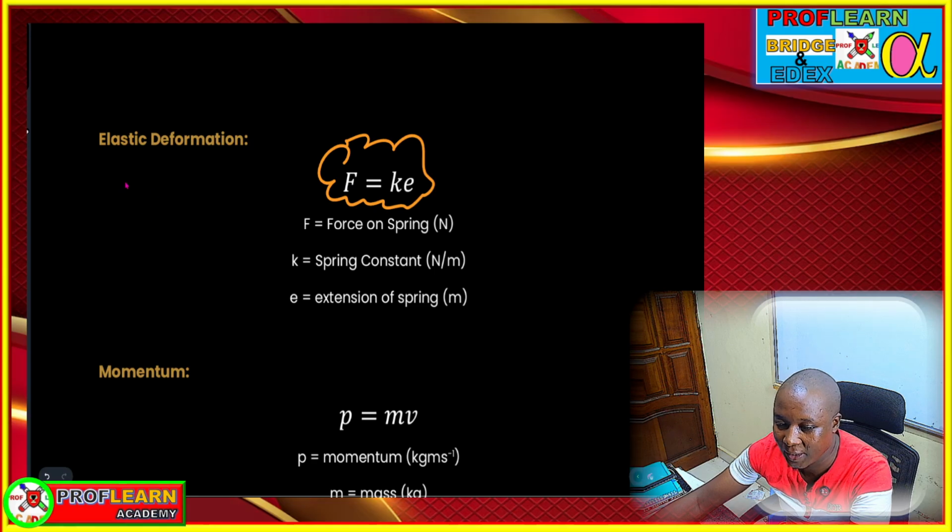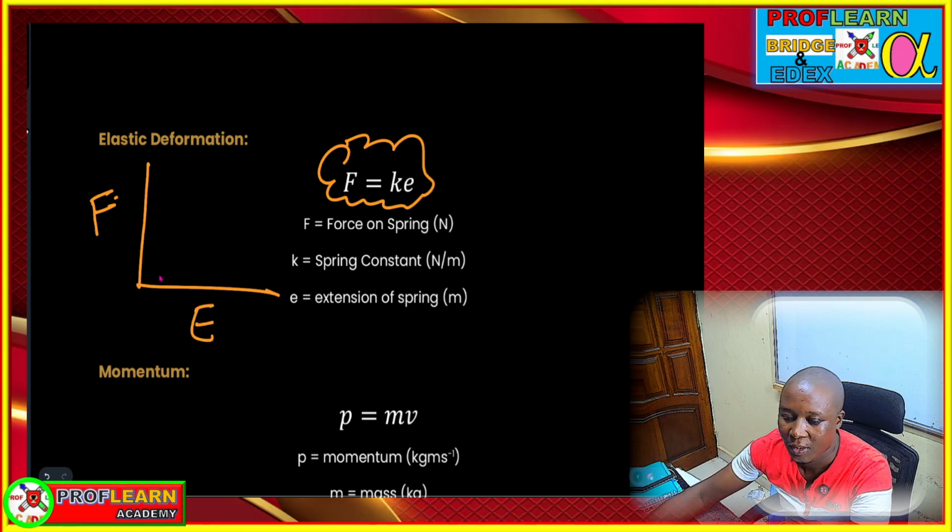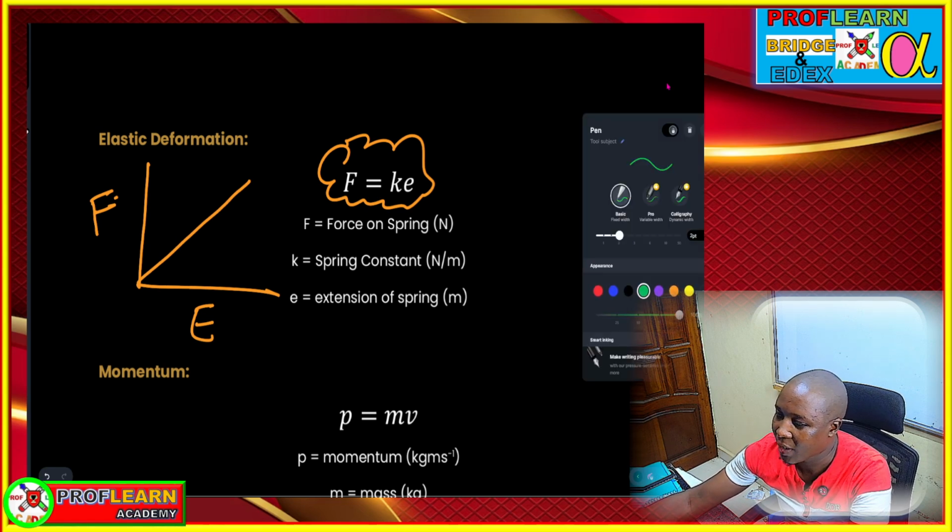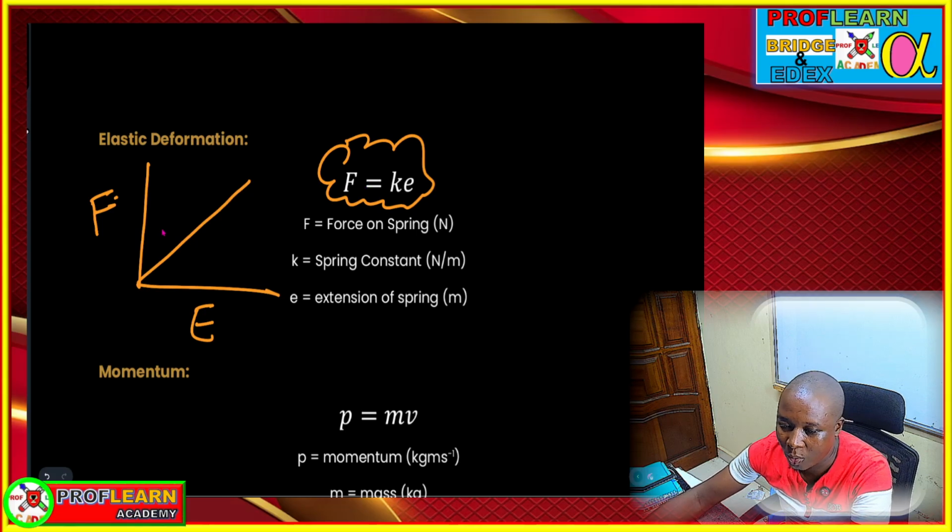So for instance, if they give you a force-extension graph, and it's a straight line, it means this material obeys Hooke's law. And if they want you to find the spring constant, you need to come to the graph so that you can identify values. For instance, if you check the straight section of the graph, you can pick a point and read the value here. Let's say it's